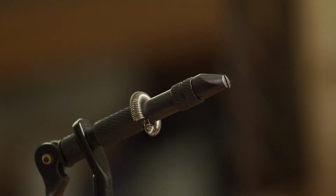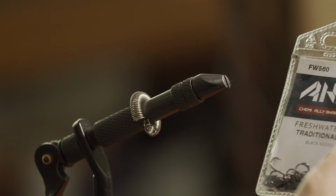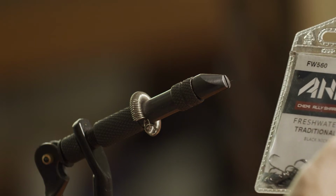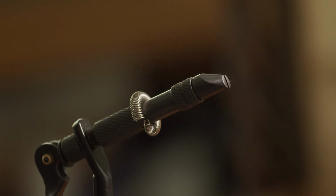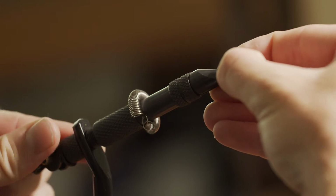We're starting off with a size 12 traditional nymph hook. Any sort of nymph hook between 10 and 16 will work well. I'm just using 12 because it's in the middle. I'm also using a tungsten bead, or nickel bead I think it's called. So these are pretty easy to get. So what we're going to do is go ahead and put our hook in the vise,